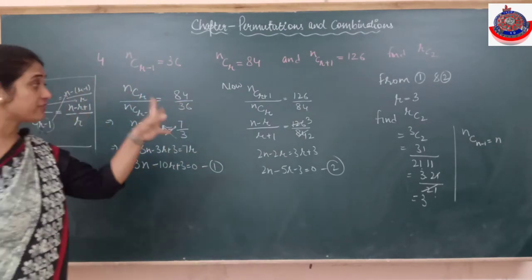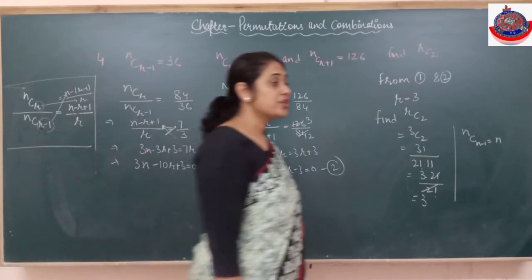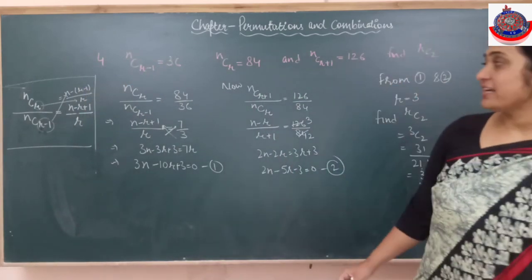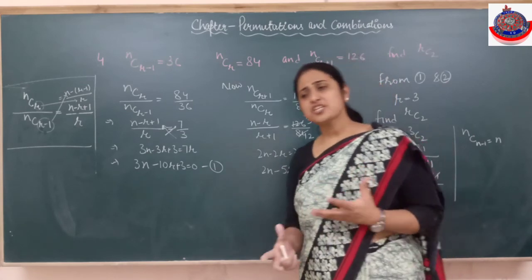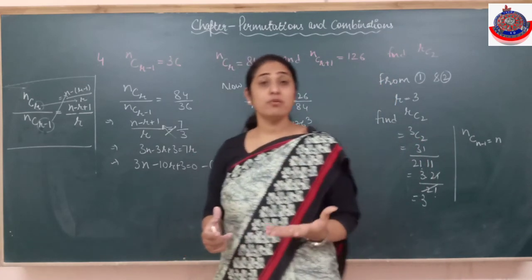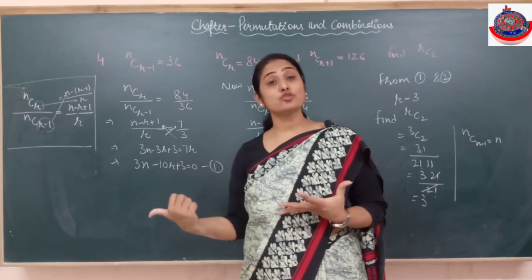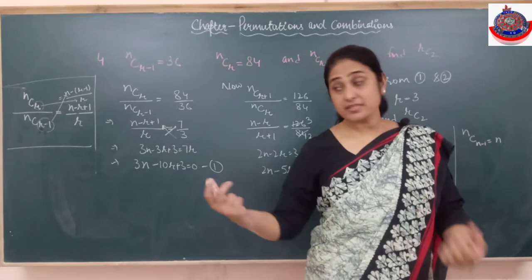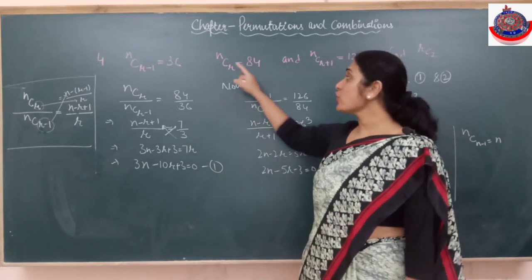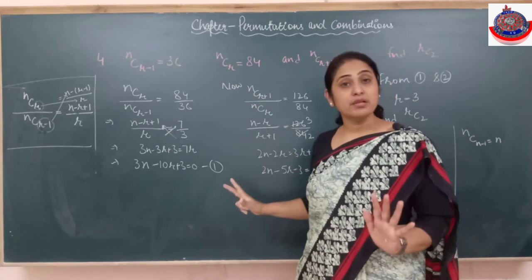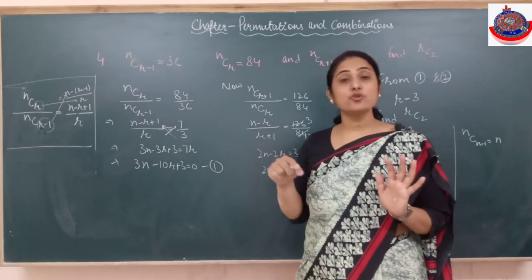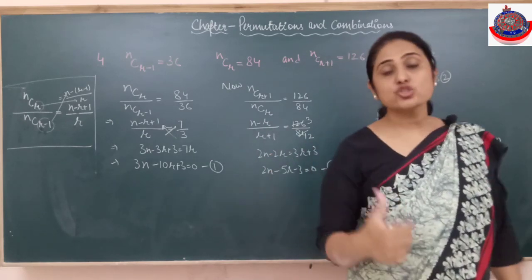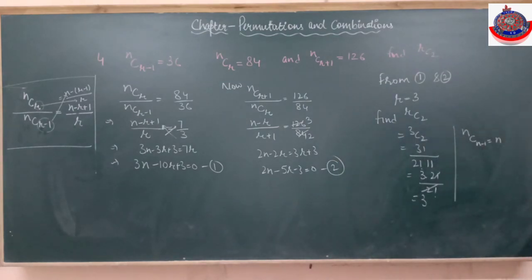Two theorems we did, and we have used both the theorems. Clear? So children, you need to keep these theorems in mind. They are not useful only in combination. We are going to use these theorems in the next chapter also, which is the binomial theorem. There also the questions become lengthy. Wherever you are using C, these rules are applicable. So there also we are going to use these theorems wherever applicable. Now we will pick up the practical problems related to this combination topic.